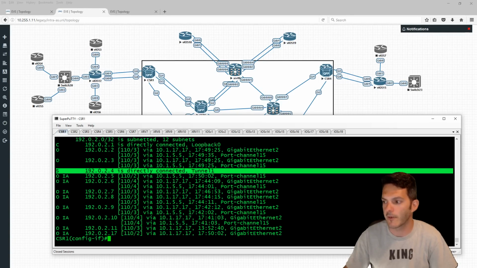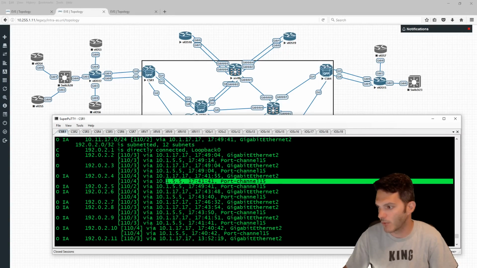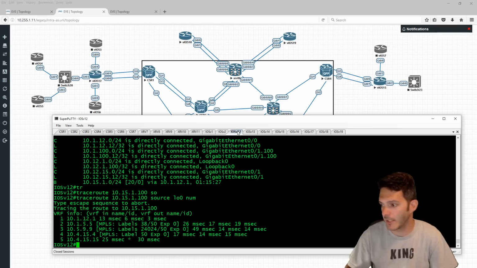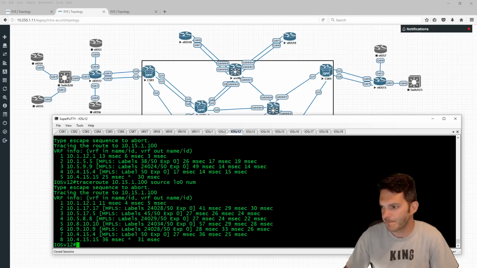It's now directly going out tunnel 1. Before, it was going out 2 different paths, either gig 2 or via port channel 15 between CSR1 and CSR5. So now my trace route should be different. If I hit the up arrow, my trace route should take me, it takes me the